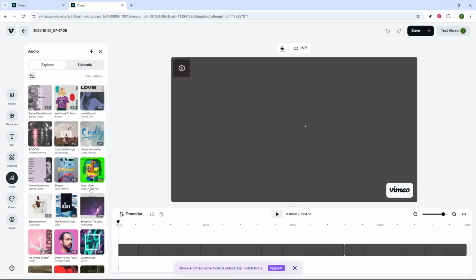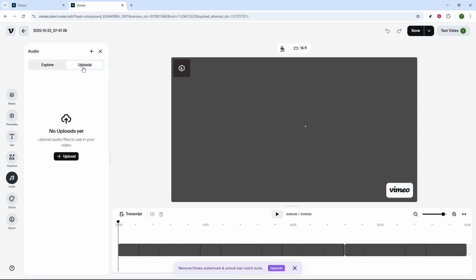Alternatively, if you have your own music or audio file that you personally own or have the rights to, Vimeo allows you to upload this directly into the editor. Accepted formats like MP3, WAV, and OGG are typical choices. Keep in mind, Vimeo requires confirmation that you own or have licensed the audio content to ensure everything is above